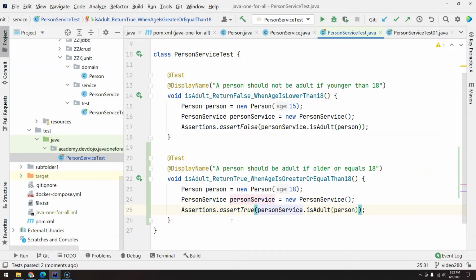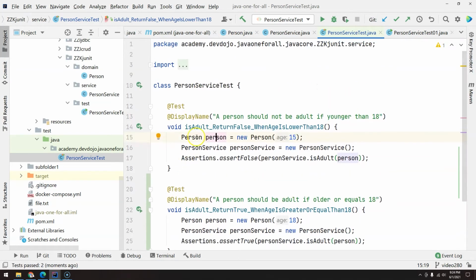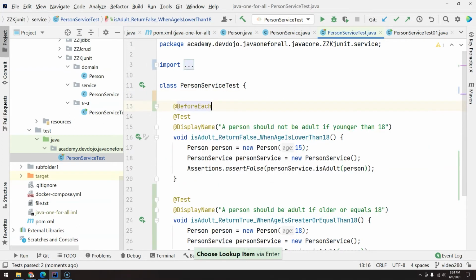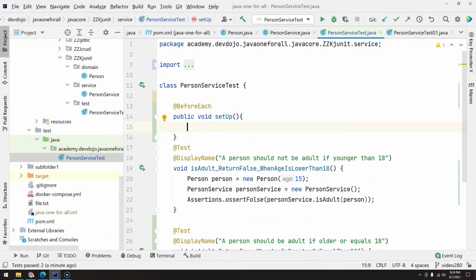Unit tests should be independent. So the fact that you are changing something here, you could change the person's age, should not affect the next unit test. A better way for us to do this is using the @BeforeEach. When we use this annotation over a method, it means that this method, setup, it could be any name, will be executed each time a unit test is going to start. So what I want to do is create a person and a person service. So I will create here